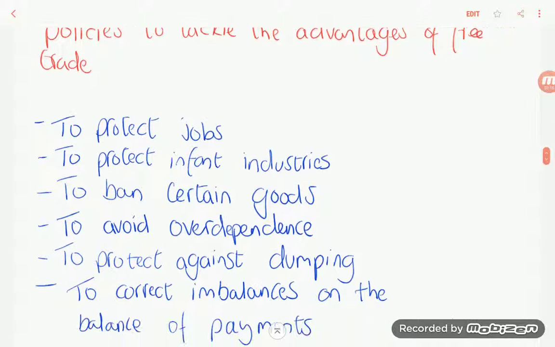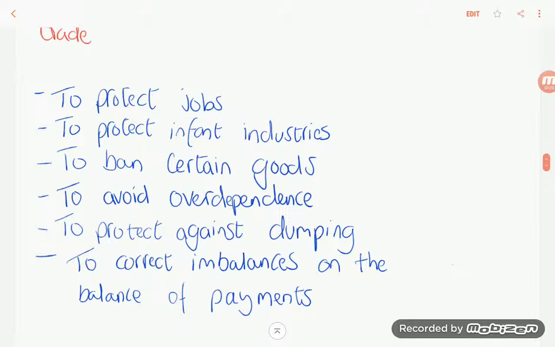For instance, we discussed, in one way or another, the infant industries, the preventing of dumping, the protection of jobs, and that raising tariffs raises tax revenues. It could also prevent the establishment of a foreign-based monopoly in a country. Obviously, we also talked about the balance of payments. So again, I suggest you refer back to my notes at this point.